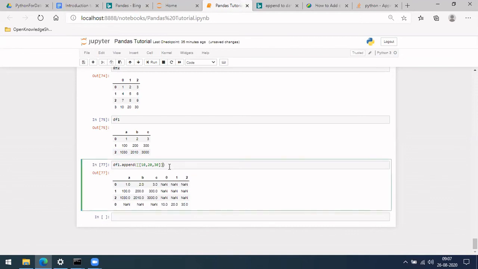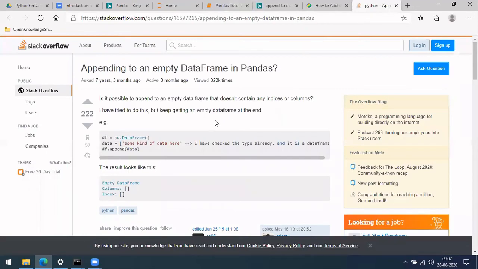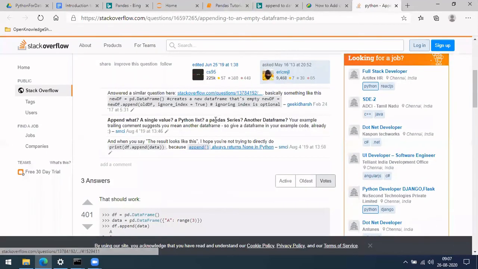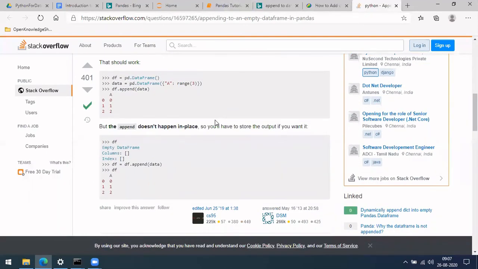So what you should do is use ignore_index equal to True. Or did it get manipulated already? No, this is not ignore_index. Let me look into it. Actually, I always use it without column names and then rename the columns. But in case you are doing this,